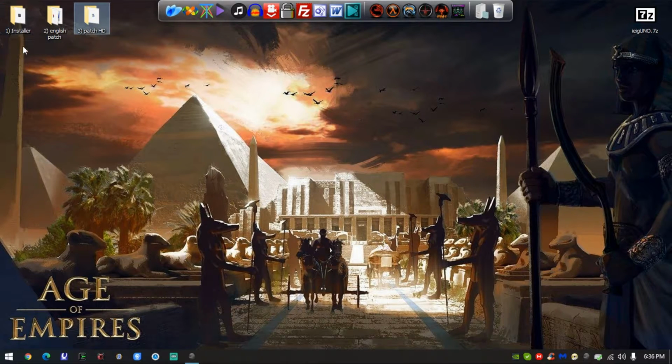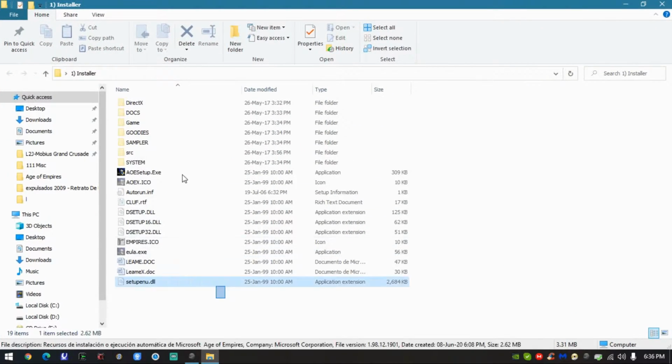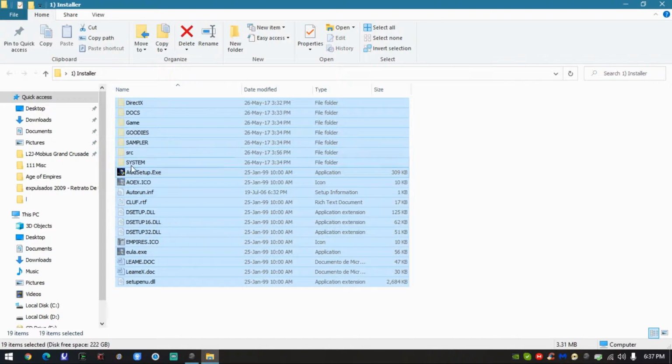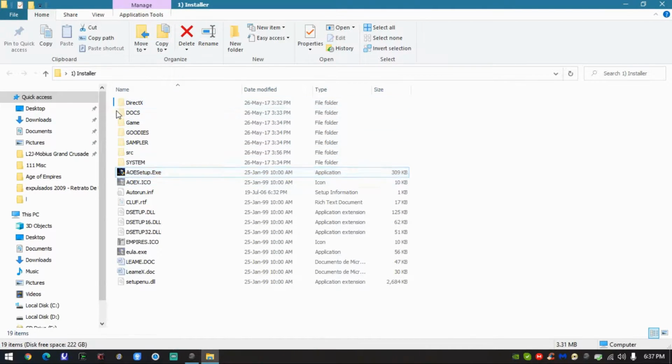So basically go into your installer folder. You should see this file. If you have the option to see hidden files enabled, you will be able to see all these files, but if not, you will only be able to see this file. That's completely okay, because as you can see, all these files are hidden. So just